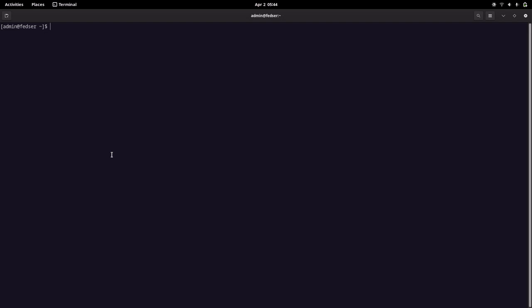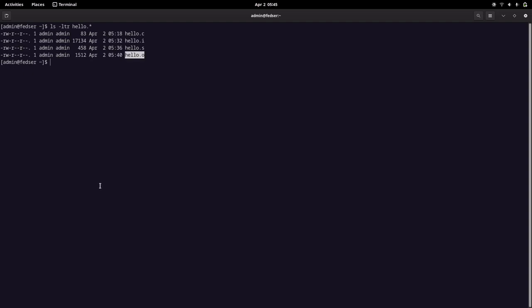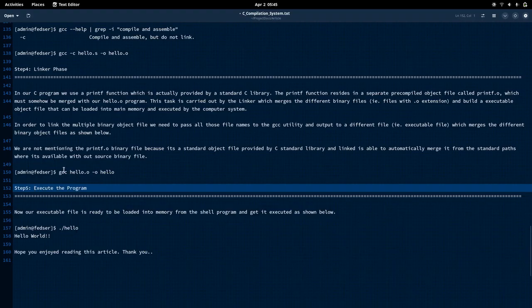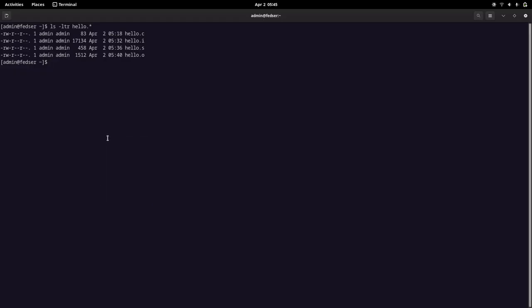So here we have seen that we have generated our hello.o program, and now in the linker phase, we are going to generate the final product, that is the executable file.